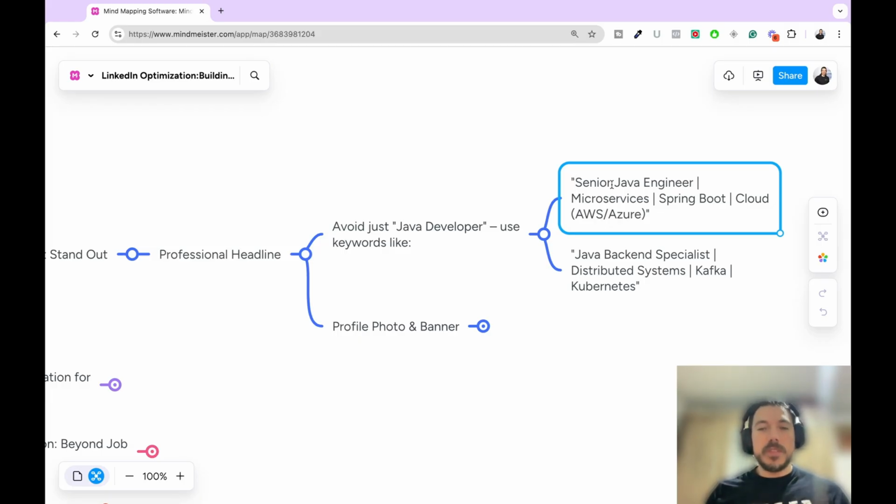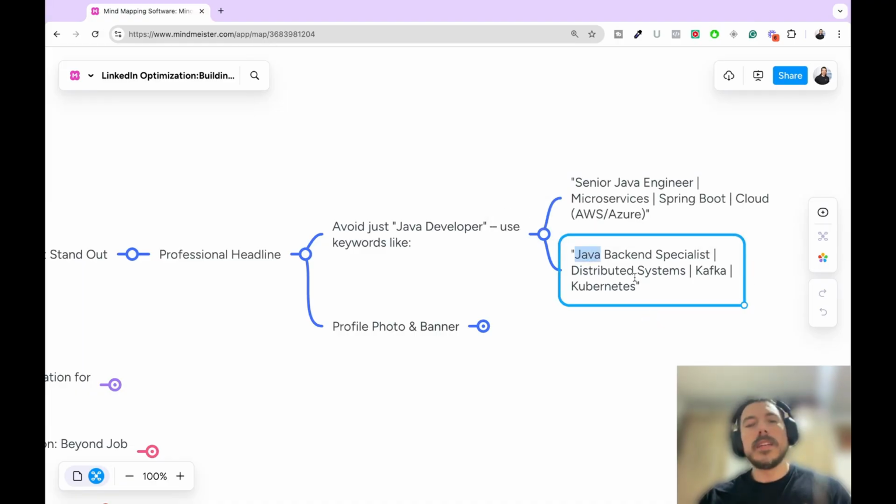Microservices is also a good keyword, because I would say that more than 90% of the companies use the microservices architecture. Spring Boot is also the most used framework for Java. And if you have knowledge about AWS or Azure, that also counts a lot. You can also use even more specific words like Java Backend Specialist or distributed systems or Kafka, Kubernetes.